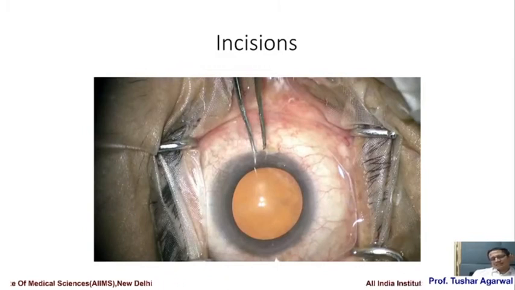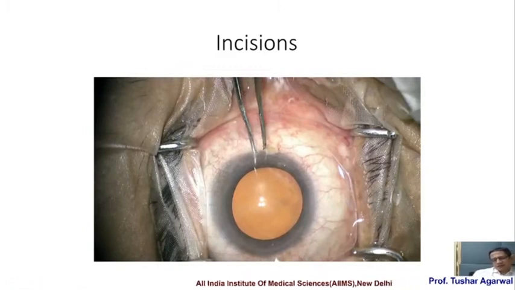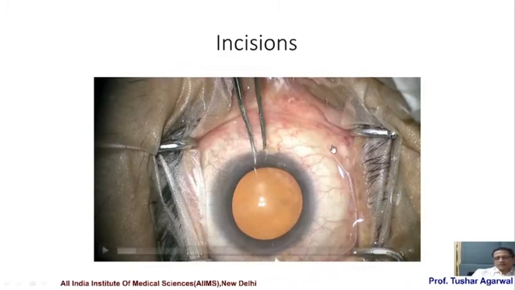What this does is it causes the least amount of force or pressure on the sleeve, which keeps the fluid going in and keeps the anterior chamber stable. And secondly, it leads to the least amount of distortion on the wound itself, which allows you to leave it sutureless after the surgery. The second thing to note is